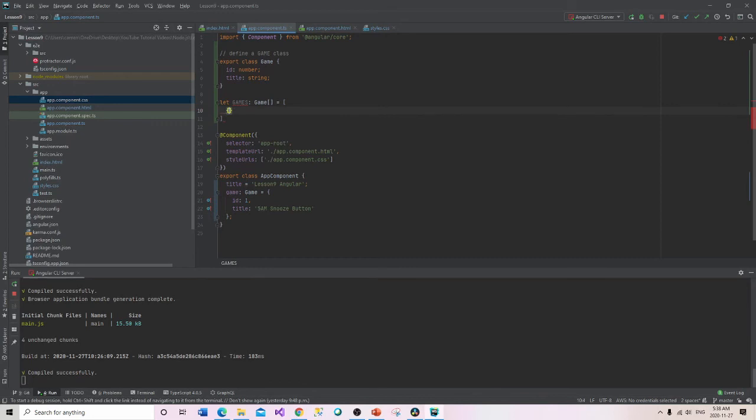Now inside here, we can go into the curly brackets, and we're going to say ID colon 1, comma, title is going to be, let's go with anything. Right now, we'll go with Minecraft. Okay, and then we'll do a comma because we're going to put a couple of rows in here. So this is going to be ID colon 2. And this title is going to be,